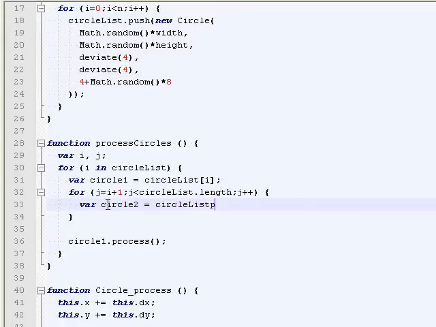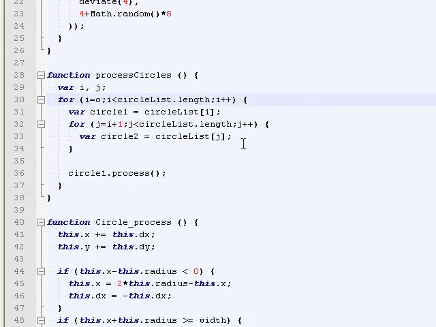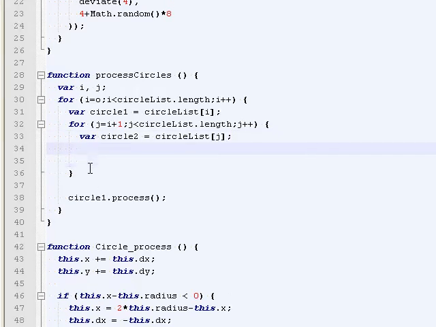And if you try to do circle 2 equals circle list j, you'll get an indexing error because circle list does not have 0, 1 as a key. So I can't do this anymore. I have to do it like this, which sucks. Anyway, JavaScript has many advantages and stuff, I'm sure. Okay, so we have pairs of circles, and it doesn't do any pair twice because